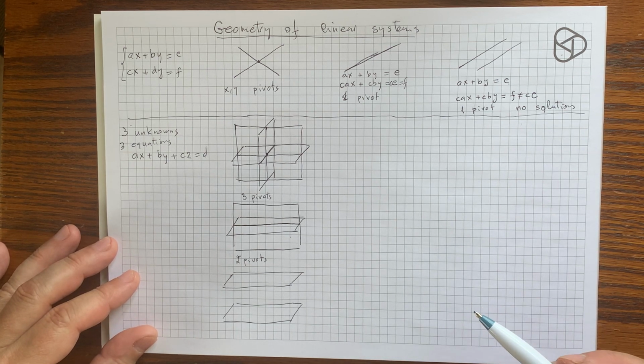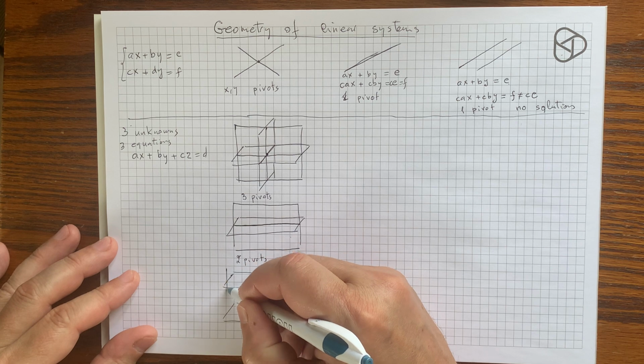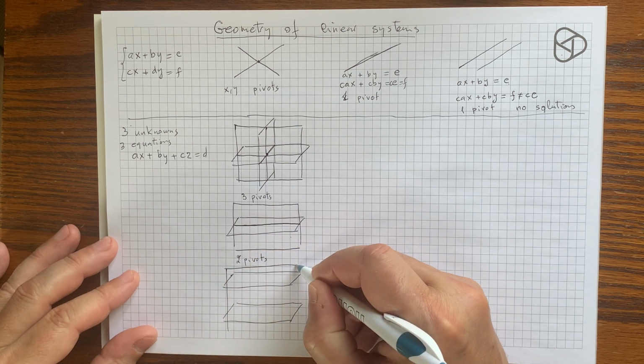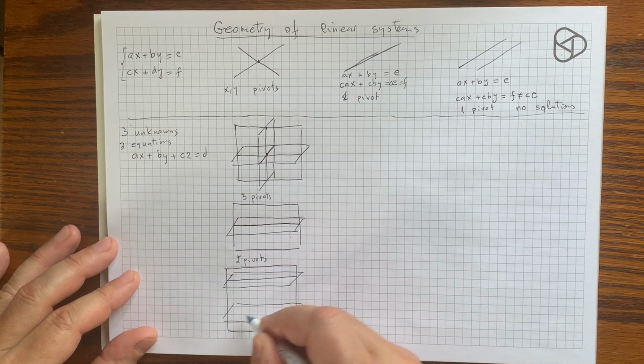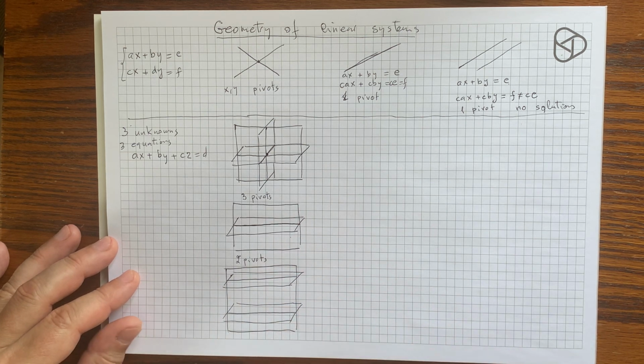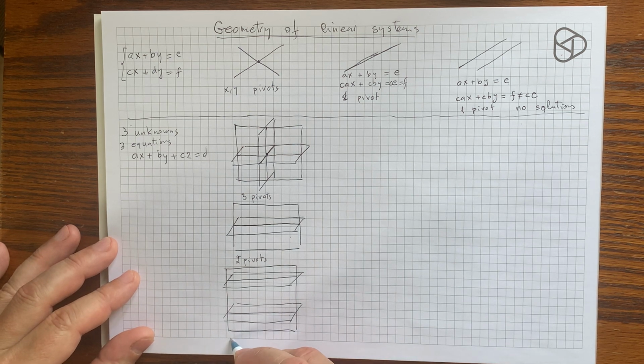And in the second degenerate case, we will still have a third plane somewhere intersecting the two, for example, in these two parallel lines. Still, these two parallel lines will not intersect themselves, so although we'll have two pivots, in this case, we will have no solutions